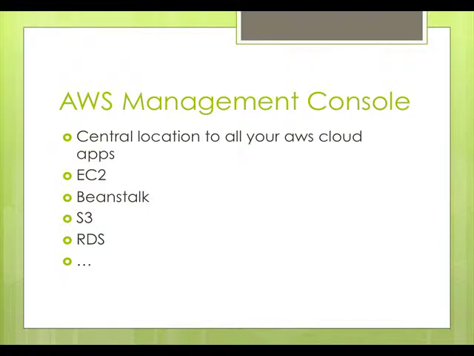So your AWS management console, and I will go into this when I go into the demo, is your central location to manage all your instances, to manage your boxes, to manage your storage. If you sign up for a relational database service, RDS, you can see it there. Beanstalk, which you were talking about, is a new Java-based auto-scaling platform. Again, a new entrant. They recently began something called Route 53, which is an on-demand DNS service. And again, they keep coming up with new things like that.